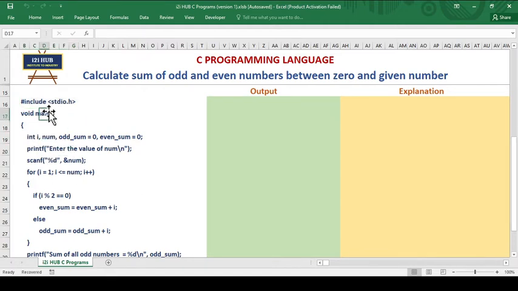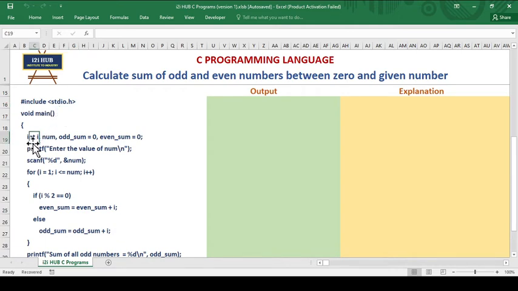Above main there is only one statement, which says that we are including the stdio.h header file into this program. Why might we have used this line? Because we might have used printf or scanf. That is the reason we are using this header file, because the definitions of printf and scanf are in it. That is the reason we need to include it. Done. Now we will come to the main function.